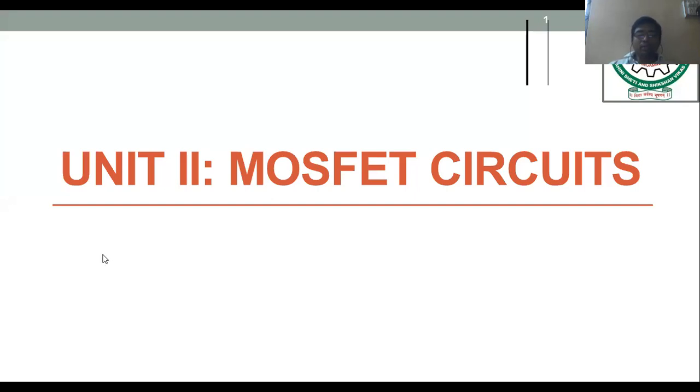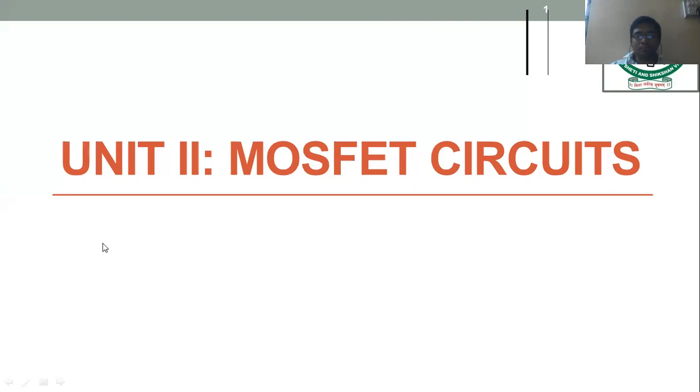So in the first unit, we have learned about the MOSFET and its structure, its working principles, and the amplifier designed by the MOSFET and different biasing techniques also, some other circuits like the source follower, and we have seen the frequency response of the MOSFET based amplifiers, and there we have mostly followed the voltage divider biasing as well as the common source circuit.